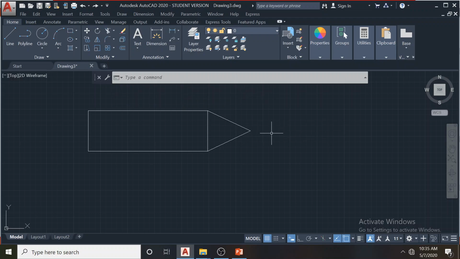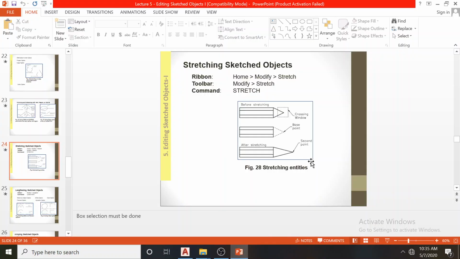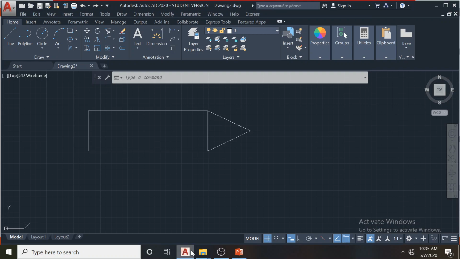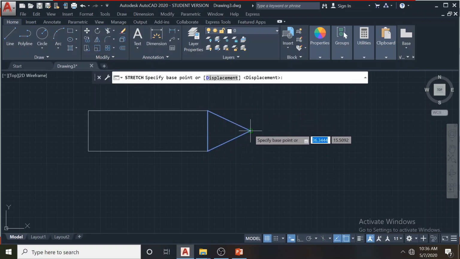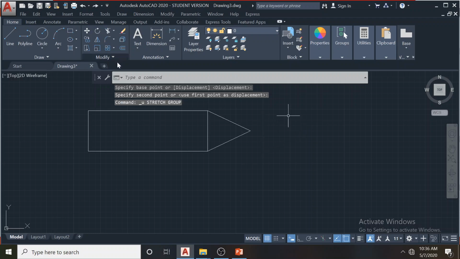In my theory slide, I have mentioned how to do this. You have to use the window method to select these two lines. If I just select this way, it's not going to be selected. You can see if I select this way, all three are selected, and when I run the stretch command, it's not going to work. And when I select this way, right to left selection, it will work.